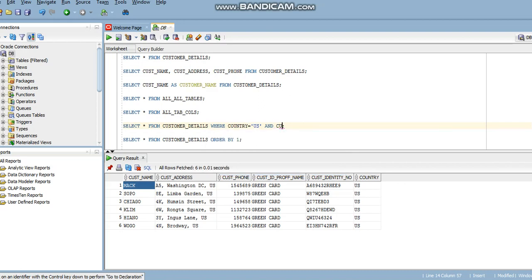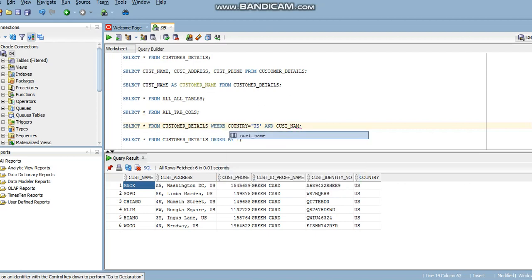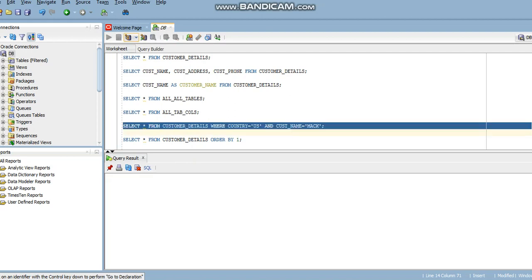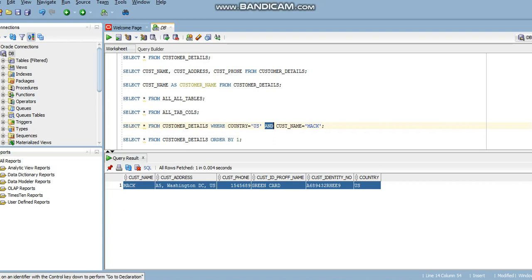So over here we are giving customer name equal Mac. If we run this select query, it will help us to get the exact data of this customer Mac. By this we can add more conditions with the AND command.